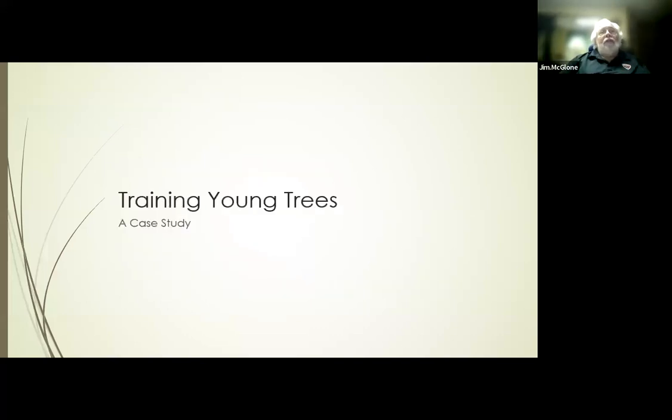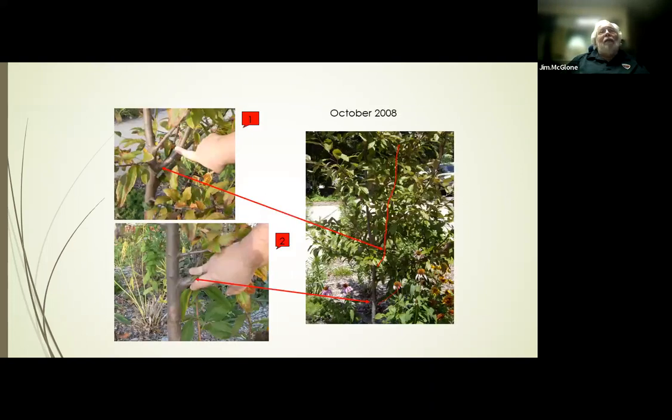So here's an example, a case study. This is again my crabapple. When I did the evaluation, I found two big problems that I had to deal with. The first was that I already mentioned the competing leader. And the second,